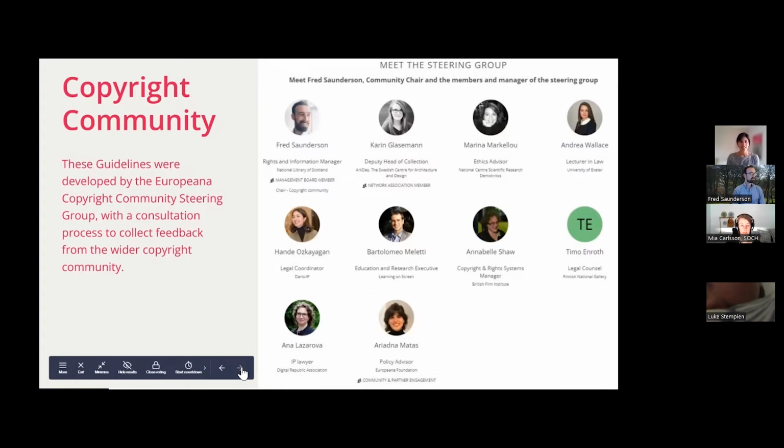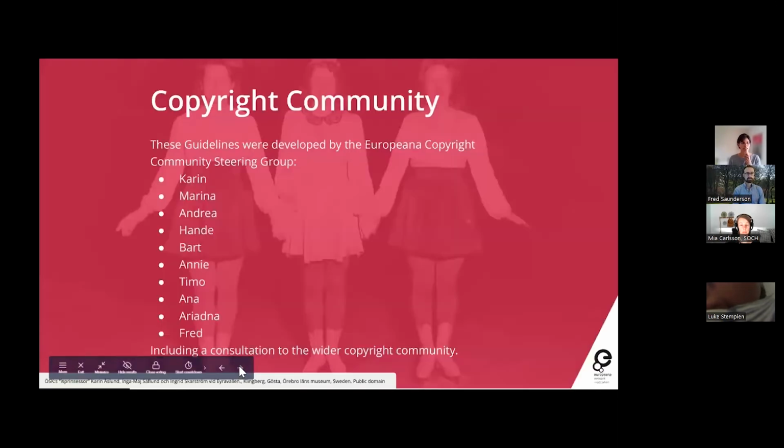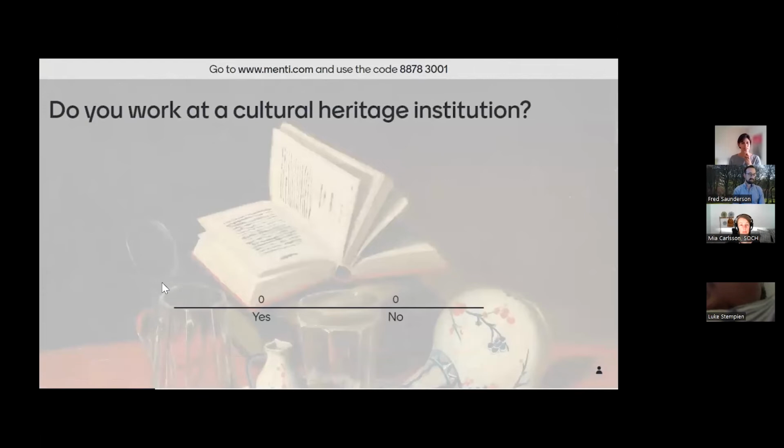So before we get started with a deeper dive into what these guidelines are about, we wanted to start warming up, to understand where your interest lies in this area. So if you can all go to menti.com and add in the code 88783001.